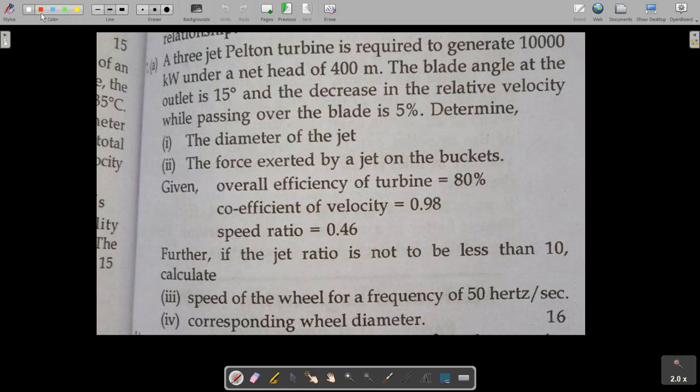Welcome back, aspirants, on MacTech 40. Today we will solve another question of the Pelton turbine, but there is one new concept of synchronous speed, pole concept and frequency concept, based on the Pelton turbine. So the question is, and this question has been asked in the ESE mains exam.